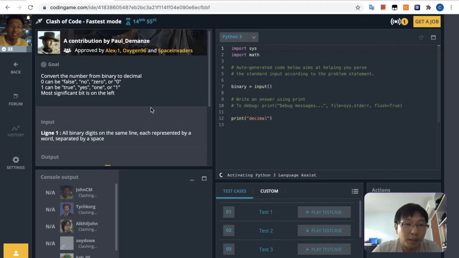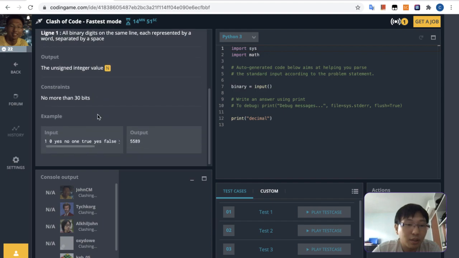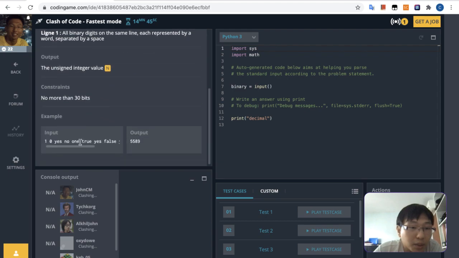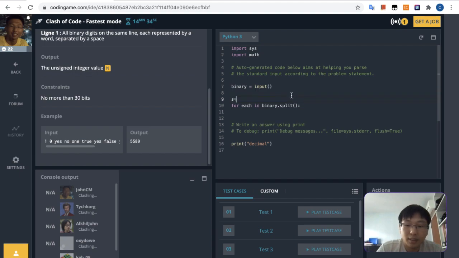Fastest mode. Okay, Python is good. Convert number from binary to decimal. I don't get it. All binary digits on the same line, each represented by a word. Also, this is the binary digit. Okay, so we have a S. Okay, so if each